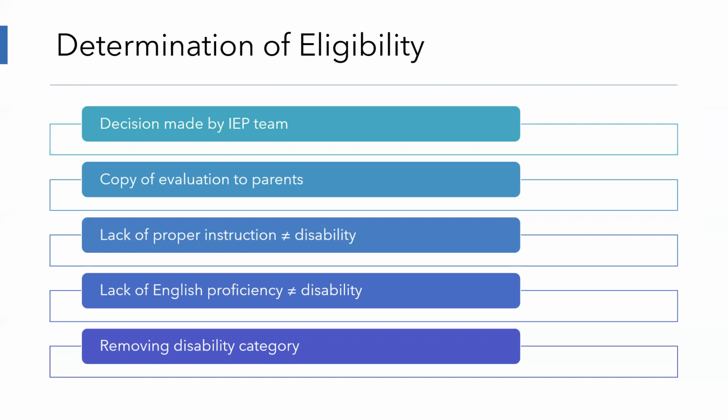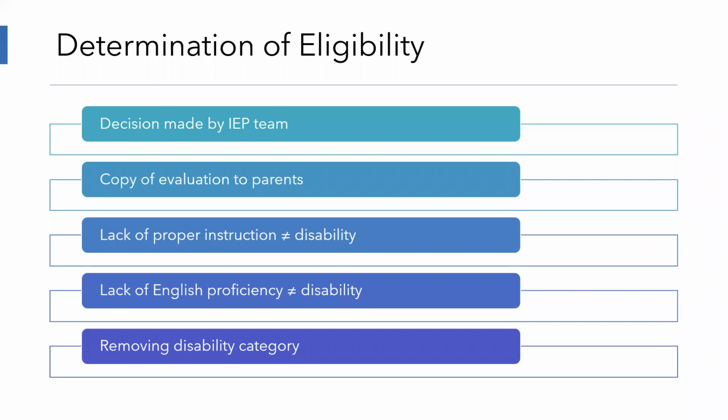This is why it's so important that assessments are given in a familiar language and in ways that are going to provide the most accurate information about the child's knowledge and abilities. This section also requires a full reevaluation to determine that a child no longer has a disability. So saying that a child has a disability is a big deal, but wanting to remove that status is an even bigger deal.